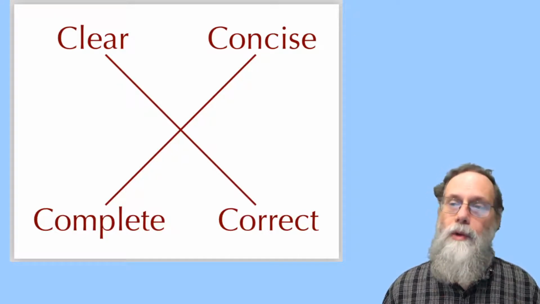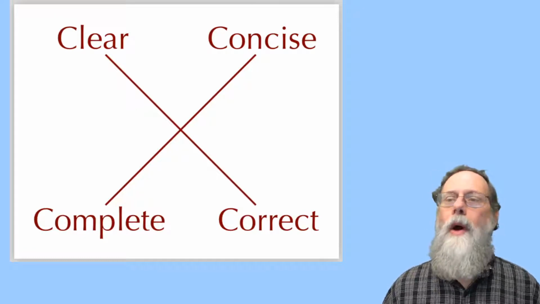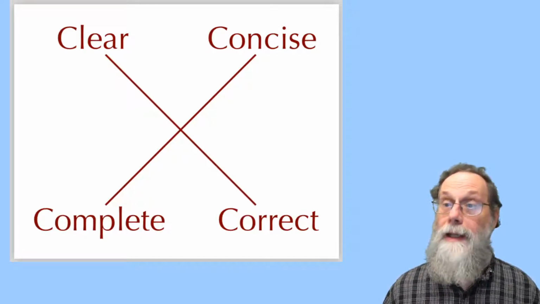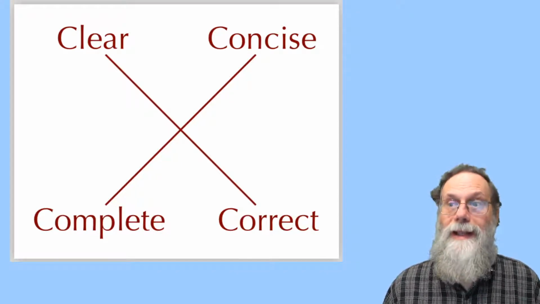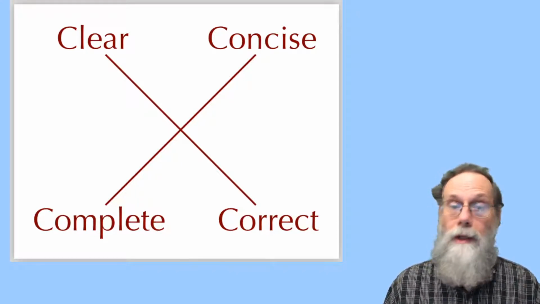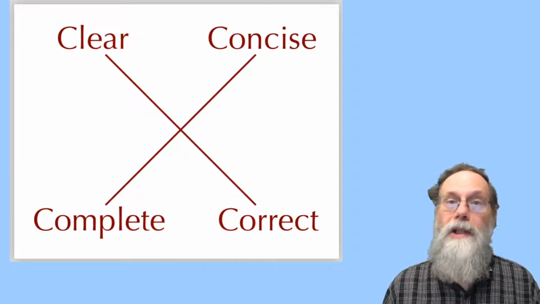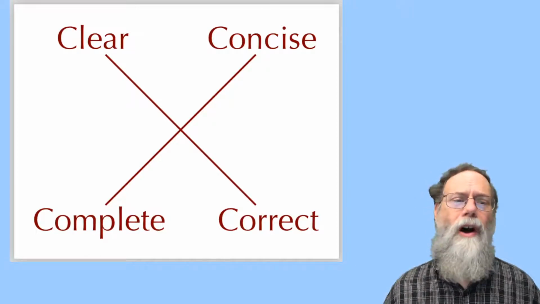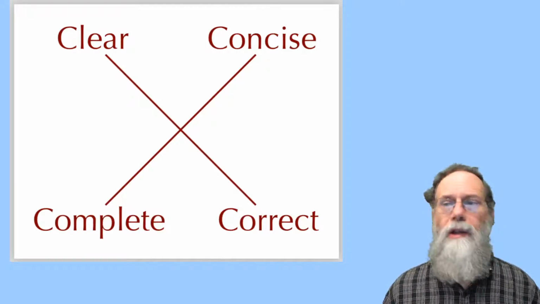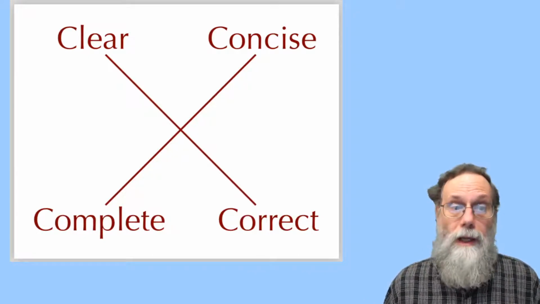Now, there are 2 different ways that you can fail at this. You can be way too short by leaving out way too much information. You just don't tell me what your design is, you don't tell me about your design choices, you don't show me the finished design. The report's too short. It doesn't have the information that I need in it. And the other way you can fail is you can throw in all kinds of junk. You can put in all kinds of stuff that's got nothing really to do with the design that's being discussed and the design choices that were made.